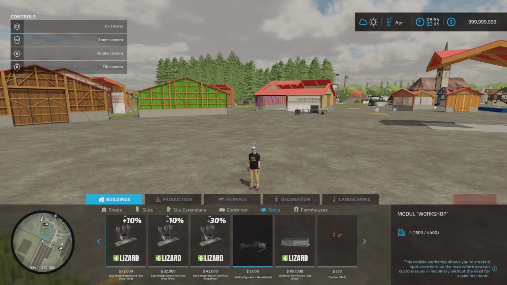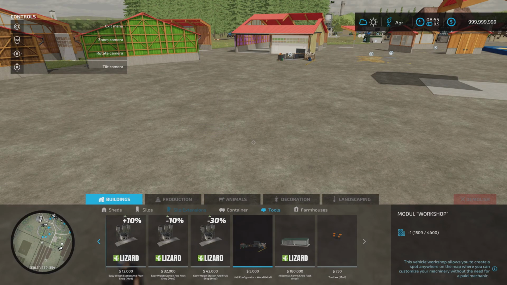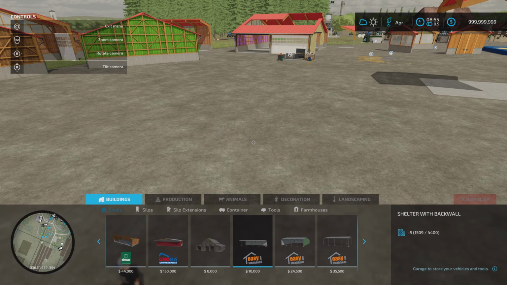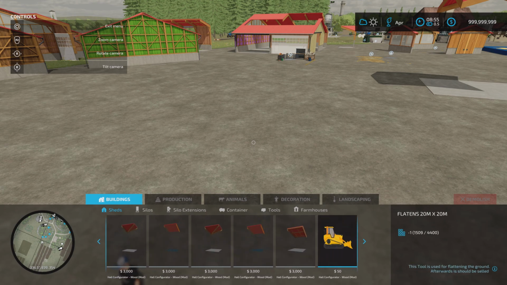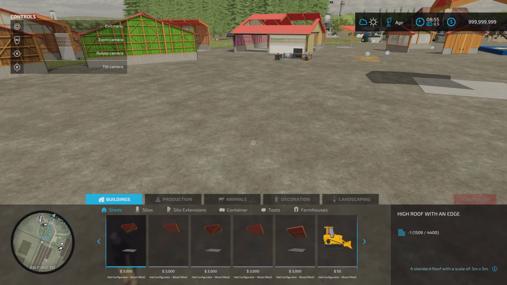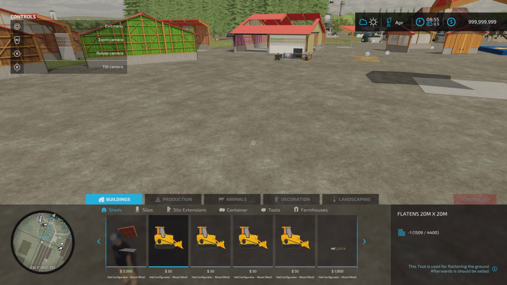Normally that comes down to 1. That's $5,000. We've already seen that in the background. That's your workshop module. Then everything else is under sheds. So if we go to our sheds and we scroll across, we get to the first section here, which is your roof sections. Now it does say you want to start with the floor, but what you want to start with are these. So these here, this says flattens, 20 metre by 20, 20 by 30, 25 by 40,